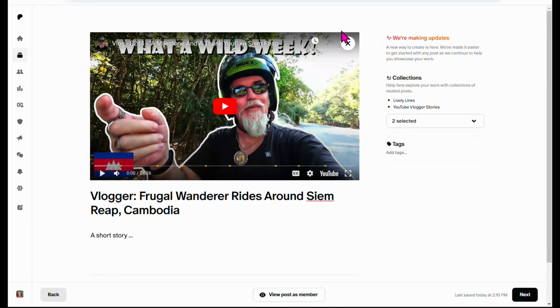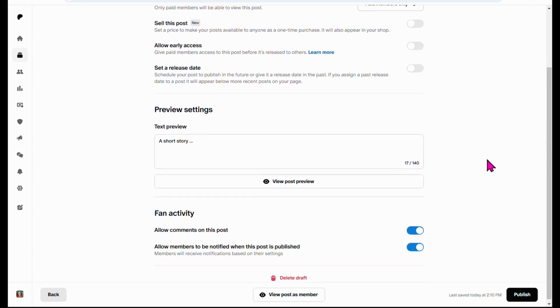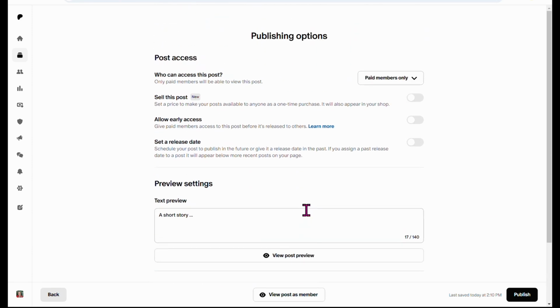So now that we're done here, we click on the next button, and then we go through all of these as well. Who has access to this post? I can choose who has access to it. I can choose whether to sell it or not, whether I want to give certain tiers early access, and I can set a release date, etc. And again, same as with the other one, I haven't saved anything. I haven't done anything, but if we go to the library